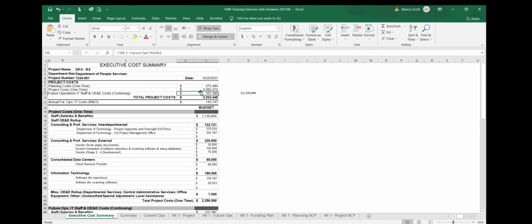Hey, Nancy. Get to that. Yes. Nancy, real quick, while you're on this page, I just want to point out that lines 6 through 11, the question was about the approval letter. And this executive summary was designed by design to match up with the approval letter, so that all these costs go right into the approval letter. Right. That is correct. Sorry. Yes, I probably went to the nth degree on that, but yes, you are absolutely right, Tim.